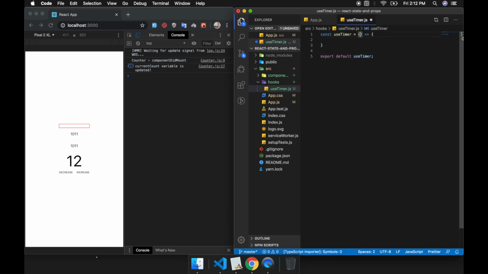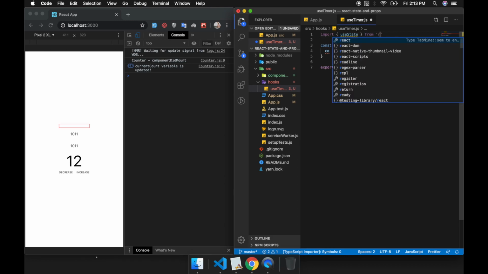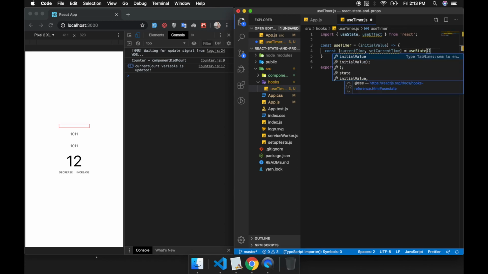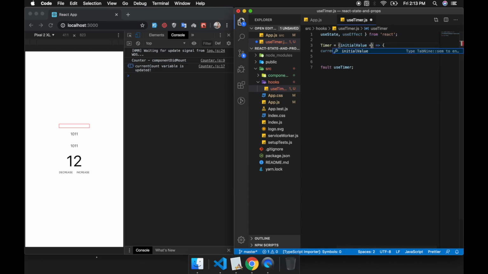So our custom hook will be like this. So this is the initial value. Okay. When creating hooks, we don't need to import React because there is no JSX in here. We only import what we need, the hooks that we need. We only need useState maybe, and useEffect also. And the initial value we will default to 0,